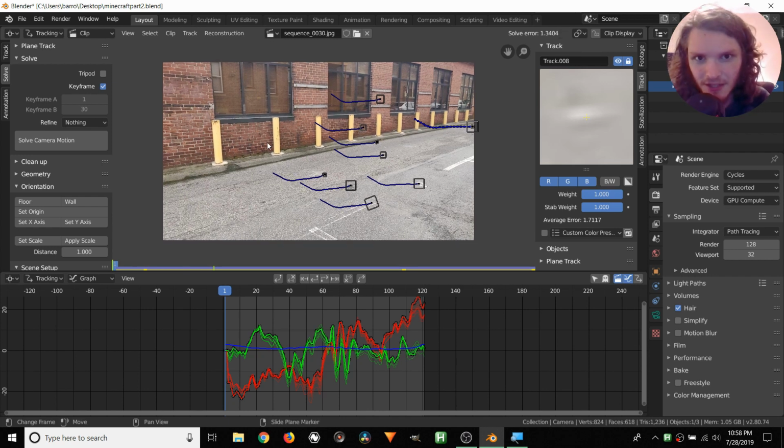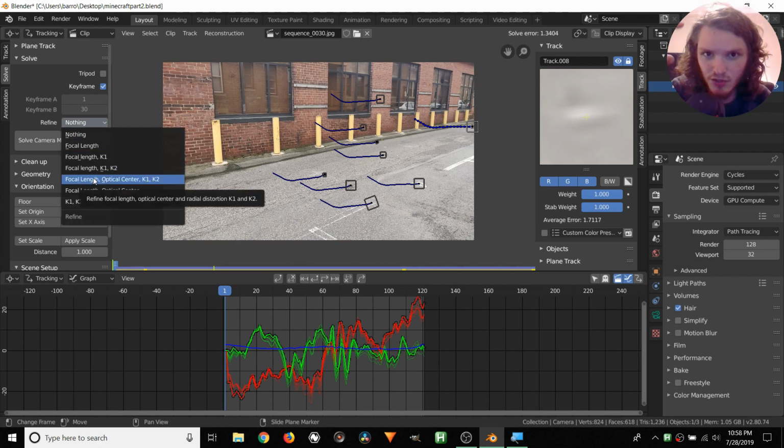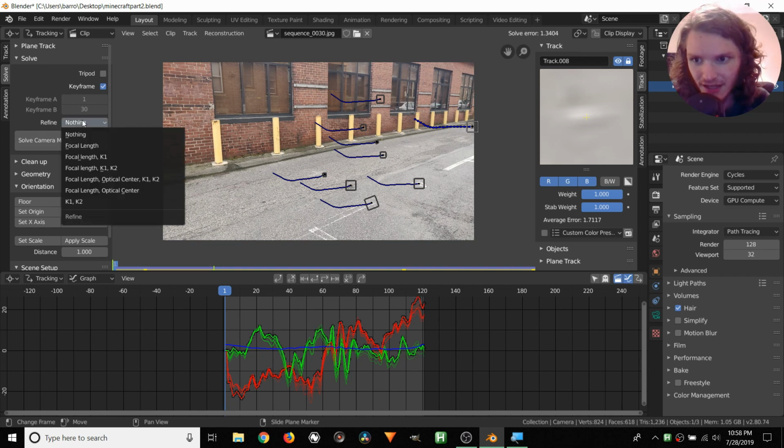So starting off with the main trick is with refine. We're going to refine for focal length, how zoomed in the lens is, optical center, where the curvature of the lens is. Okay, I always struggle with this one. Optical center is basically saying if you were to shine light through this kind of curved lens of your camera lens, where's that light going to go to? It's going to make a cone. And where's that going to center at? And right now, Blender assumes it's in the middle of your footage, but usually lenses aren't made perfect, so it's a bit off. And then K1 and K2 is just your lens distortion. So your image distorts on the edges, we want to account for that.